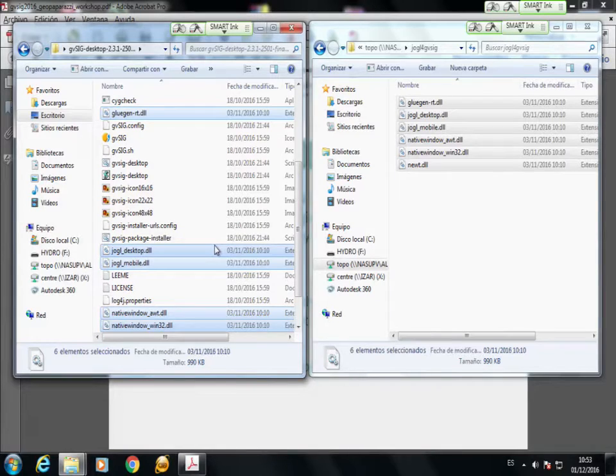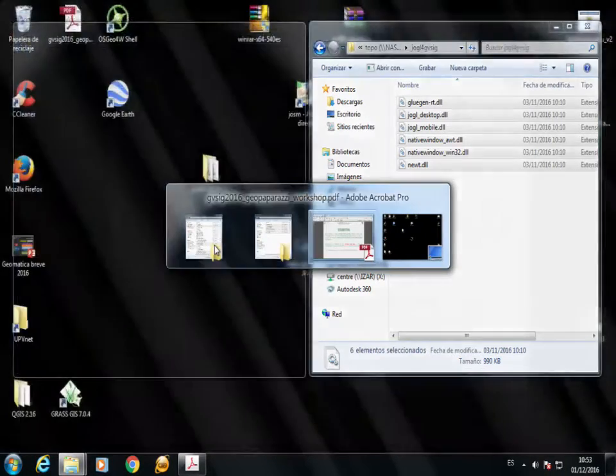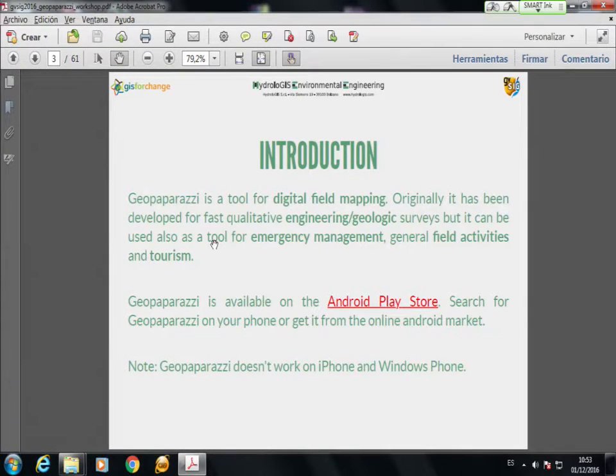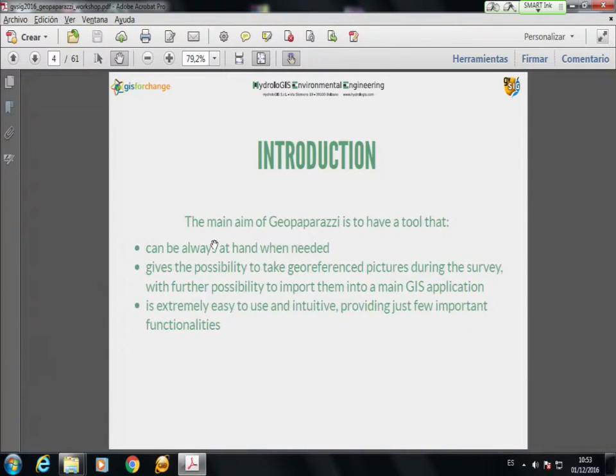So in the meanwhile that we are waiting for the PCs, we try to go on a bit with the presentation. So we just started saying that Geopaparazzi is a tool for digital field mapping, and it is available only for Android phones, for Android devices. The main aim of Geopaparazzi is to have a tool that can be easily